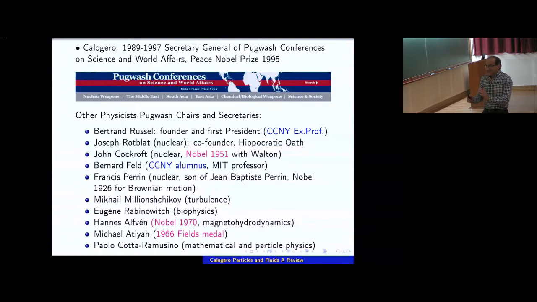Calogero did not receive the Nobel Prize for his model. Calogero was the Secretary General of the Pugwash Conferences on Science and World Affairs organization when that organization received the Peace Nobel Prize in 1995. So to the extent that, for a more recent example, Barry Barish received the Nobel Prize for being the administrator of LIGO, even though the actual observation happened when he was not the chair, and yet he received the Nobel Prize, I would say maybe Calogero deserves to be called the Nobel Prize winner.